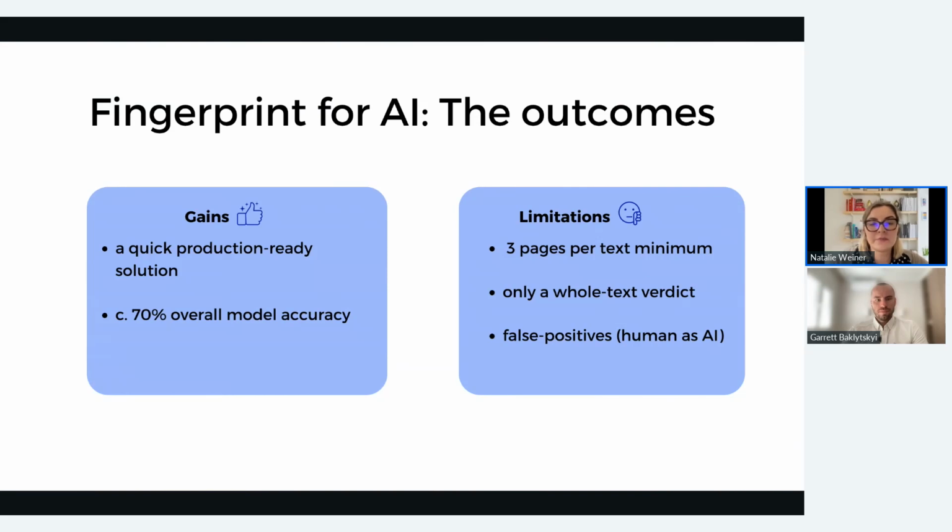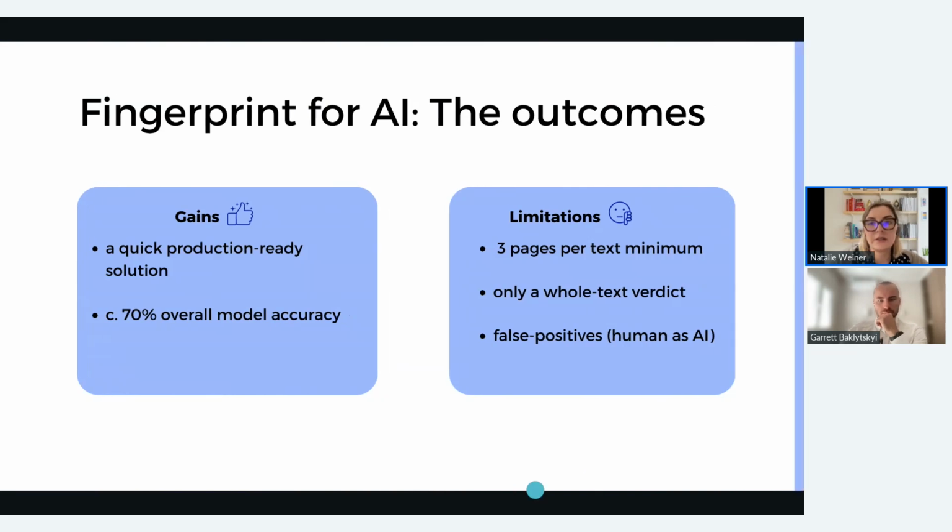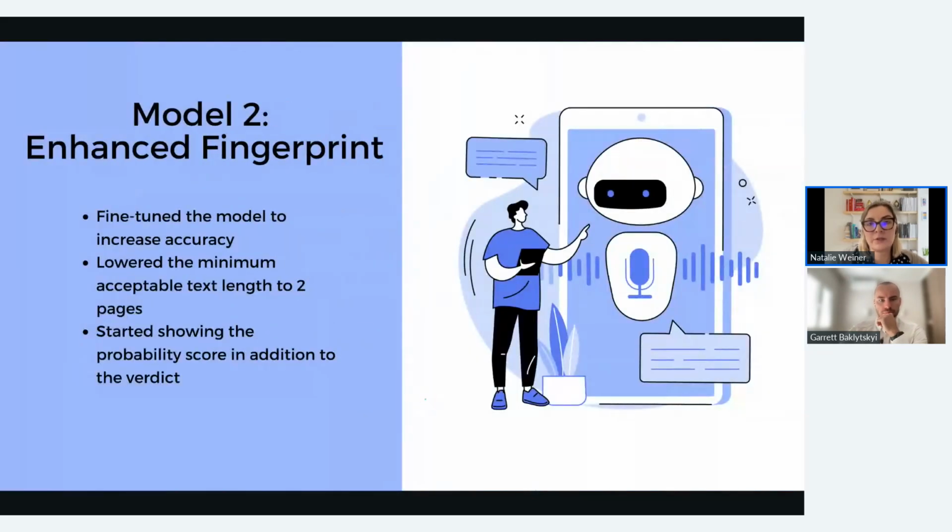Also, while this model was pretty accurate with ChatGPT texts, and it showed even higher accuracy than 70%, it still produced some false positive results, when the model thought that a human text was an AI text. So we understood that it's hard to rely on such results in the actual classroom. So we continued our research. And we understood that it would be a marathon rather than a sprint.